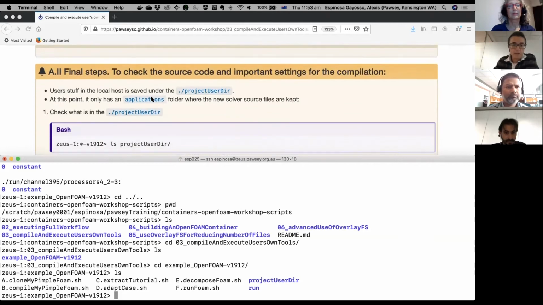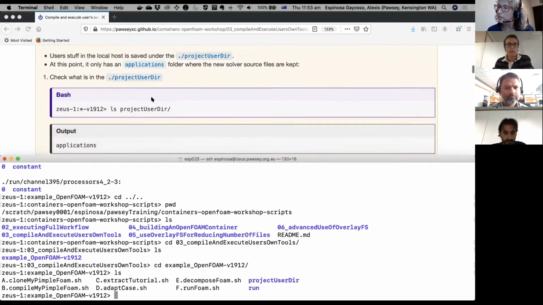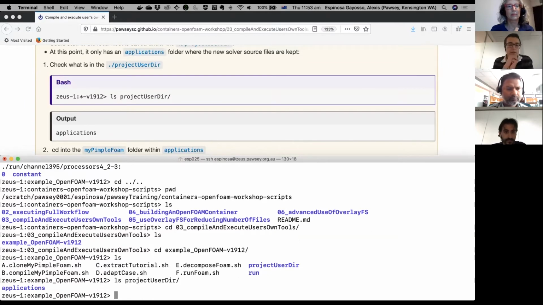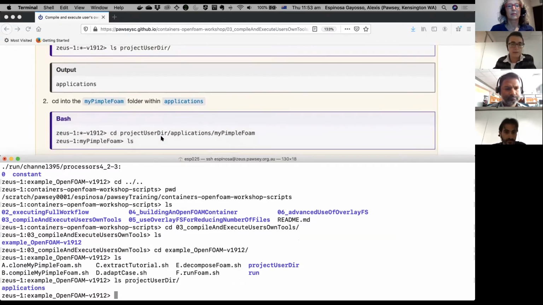That has already been pre-executed, but we can check what we have after the cloning. So basically, you can ls project user dir, and you see that under the project user dir, there's only one subdirectory called applications. I'm doing this because after the compilation, other directories will appear there. So right now we only have a single directory, the applications, and below applications,